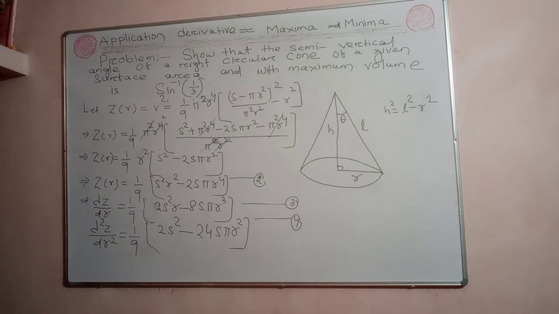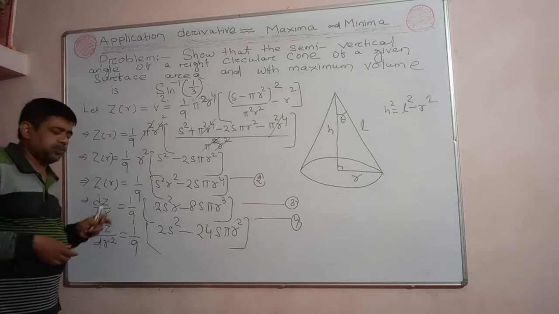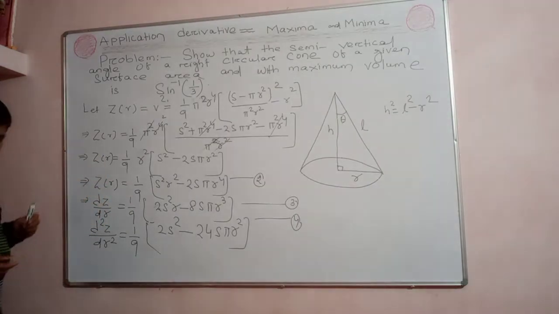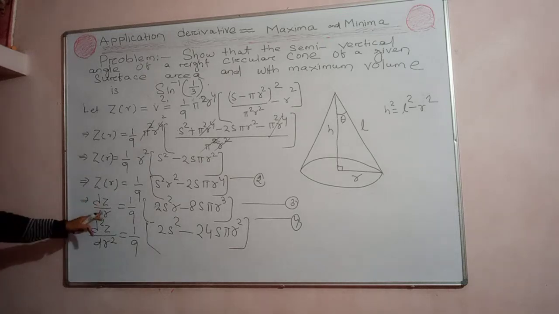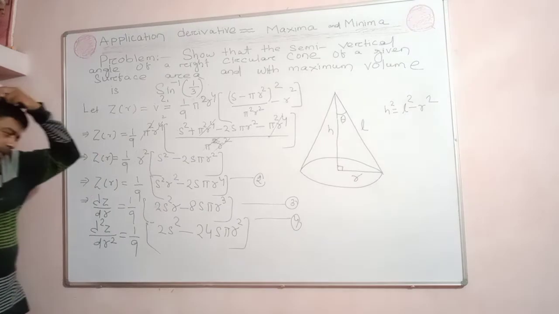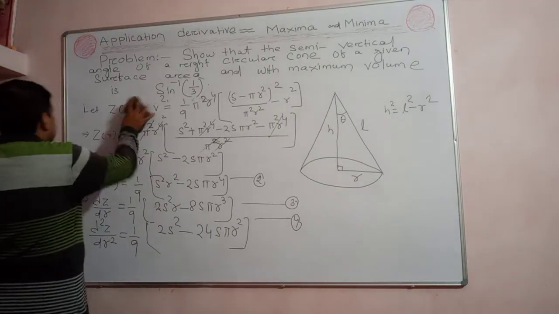So now you have to find out the critical point, to find the maxima and minima. And what is critical point? Critical point is a point where the function may attain the maxima or minima. Right? Okay. So dz by dr, the first order derivative, we have to equate to 0, to find the critical point. Okay, let's write here.